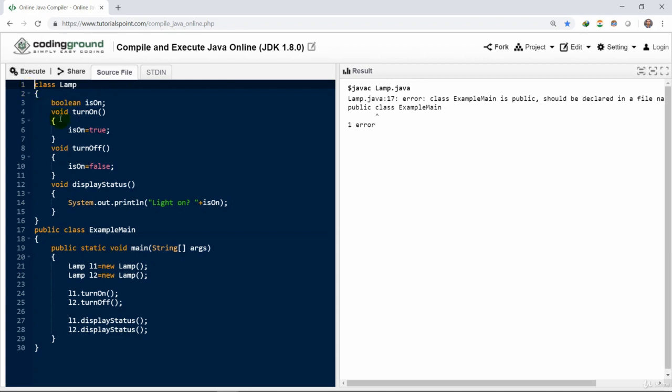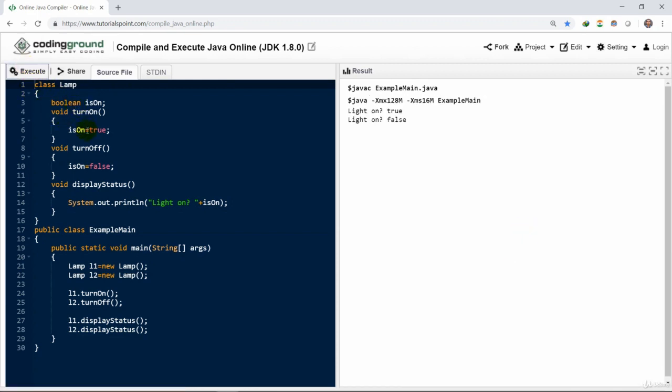So it's showing up. The first instance changed the value to on, so it is displaying the light is on true, and the second has changed the value to off, so it is showing the display status false. The error was that we could not make the earlier custom class public. The public class must be the main class here in this IDE. However, in your program, you could make both classes public, or you could create separate files.